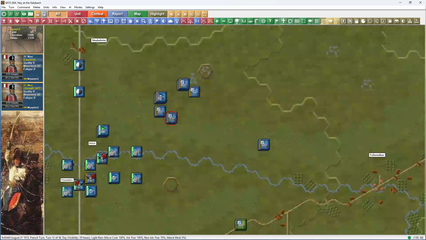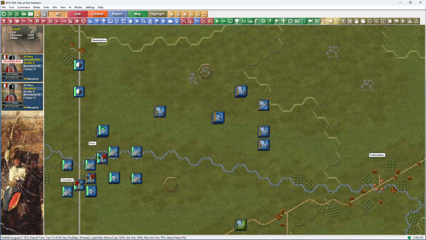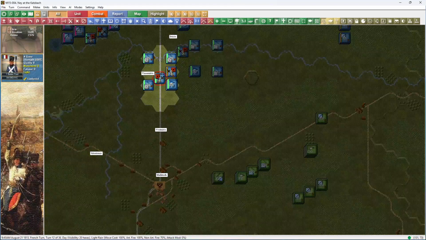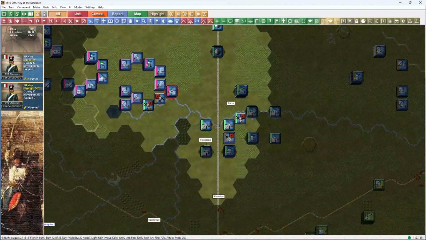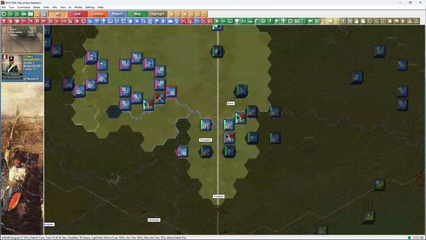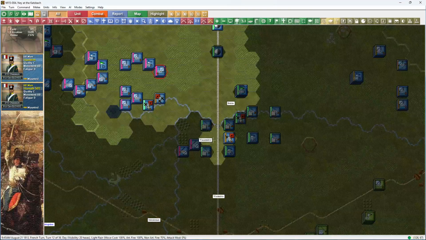Bowerman's cavalry brigade is going to go this way, to try and not necessarily beat them, but sort of distract him. At which point I'm now going to start bringing across 3rd Squadron of the 12th Chasseurs, First Squadron of the 12th, 2nd Squadron of the 12th,